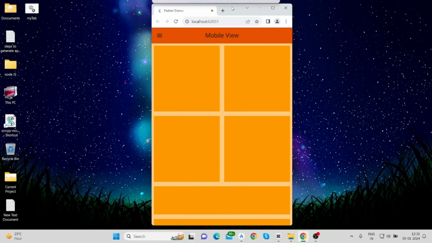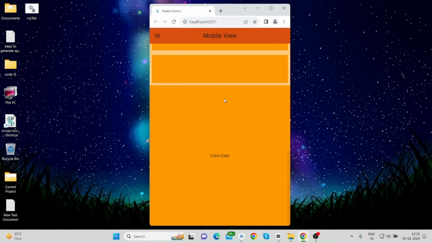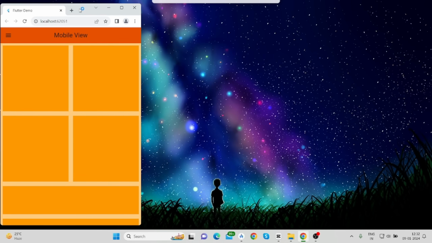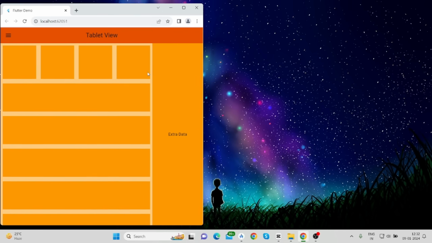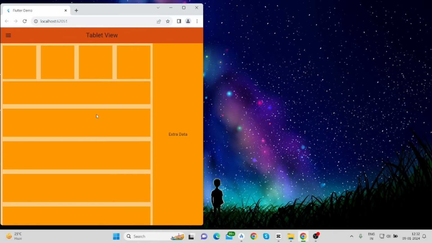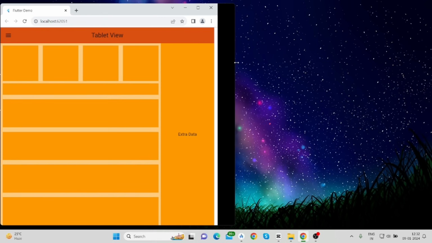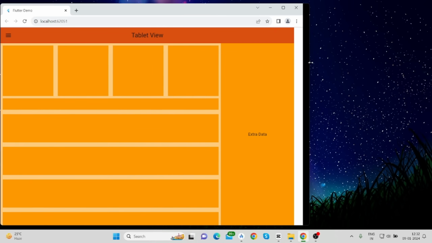In this video, I'll be talking about how to create responsive UI with Flutter. As you can see here, this is my application which is running in mobile view. And when I expand this, this is the tablet view, and the bottom part is coming just beside. And again, if I expand this to the desktop view,